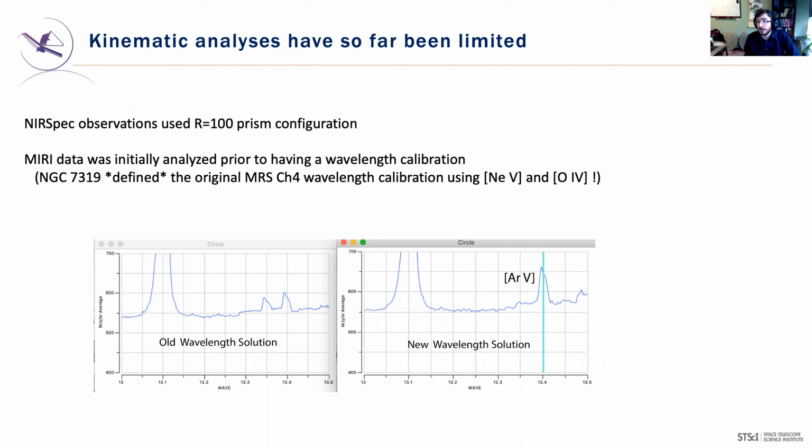So looking at argon 5, for instance, here's what we had from the original data that we were looking at last month, where you see these two emission features around the wavelength you expect argon 5 to be, but it's not obvious what's going on there. Is it now a two-component outflow that you're seeing in different locations? And as we've continued to make improvements over the last few weeks or so, we found that that's now refined substantially so that you can actually see a single peak from the argon 5 emission feature, much more in line